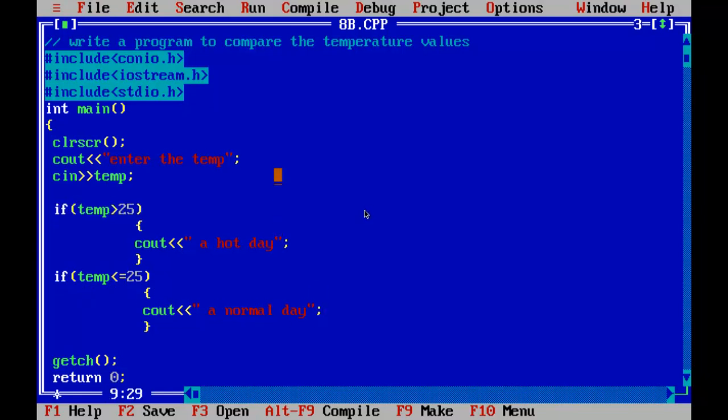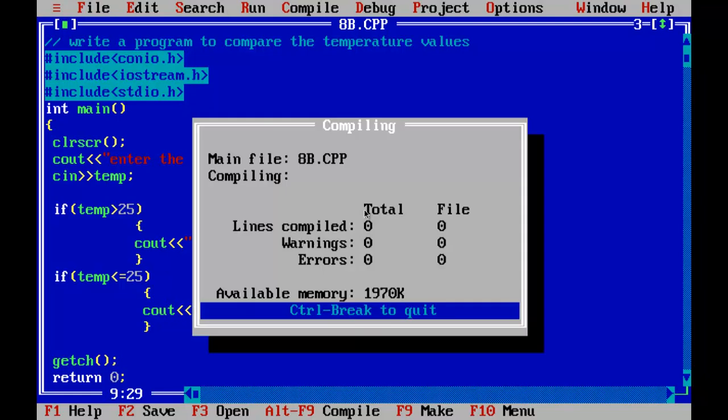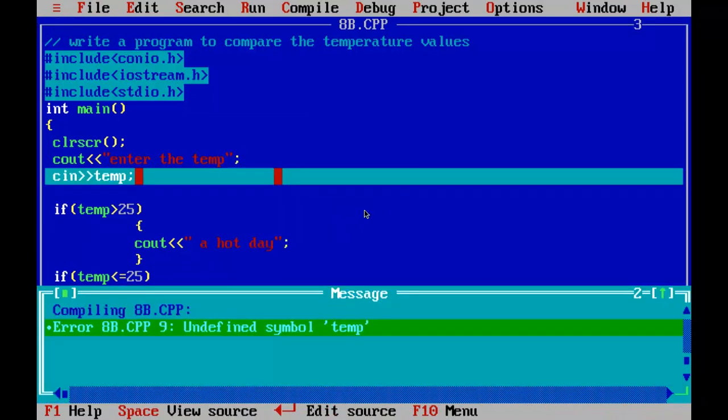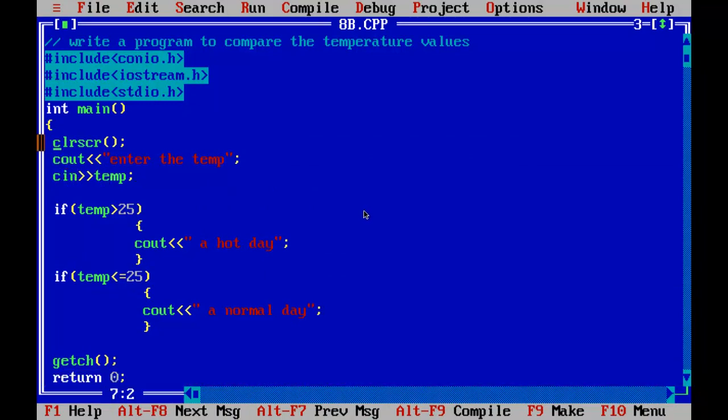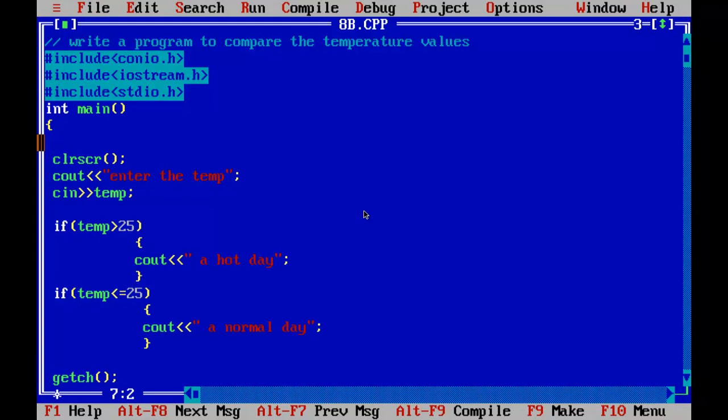So first save the program and compile it. Any error? Temp, yes, we didn't declare which value is in temp. So we are reading the value of temperature, so int temp. The temperature value is an integer. Okay.